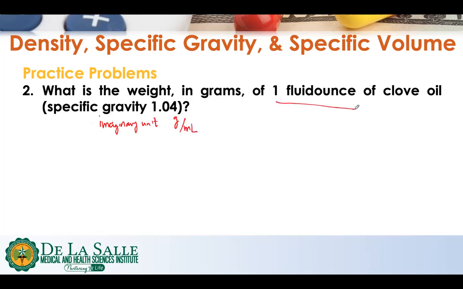So we need to convert the fluid ounce to milliliters to be able to get the equivalent weight of clove oil in grams. One fluid ounce is equal to 29.57 milliliters. So 29.57 milliliters times the specific gravity, which is 1.04,